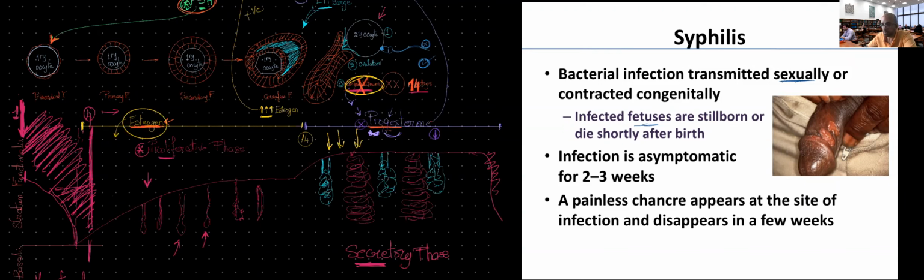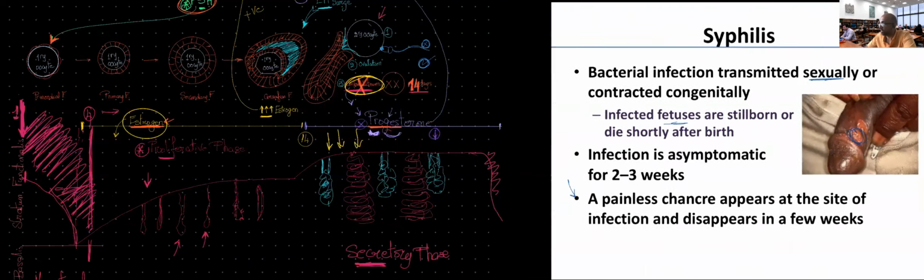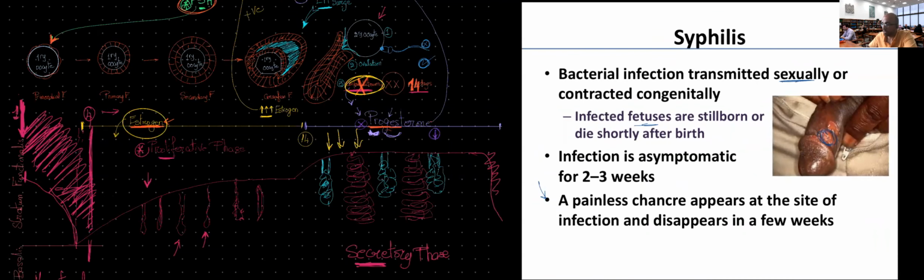What is the problem with syphilis? The problem with syphilis is that it starts with a painless chancre, an ulcer, as you see on here, and this ulcer heals on its own. It disappears within a few weeks. So if a person got this chancre and got busy with life and didn't go to the doctor to check it out, and it disappears within a few weeks, he will not actually seek any medical treatment.